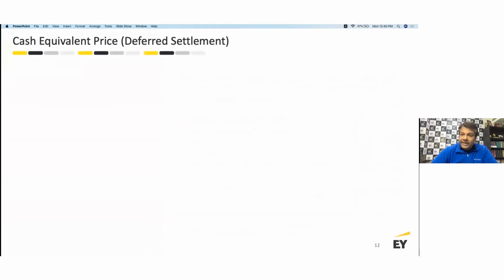Let's talk about deferred settlement, right? In a way, if you're purchasing something and you get an extended credit period. We talked about if you're selling something and giving extended credit period to your customer, then you have to reduce from the sales price and record a finance income. It is the same principle, okay? If you are buying something as an inventory, which is raw material, work in progress, or finished goods, and if you're getting an extended credit from your supplier,